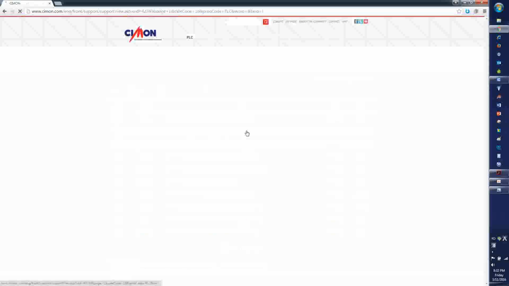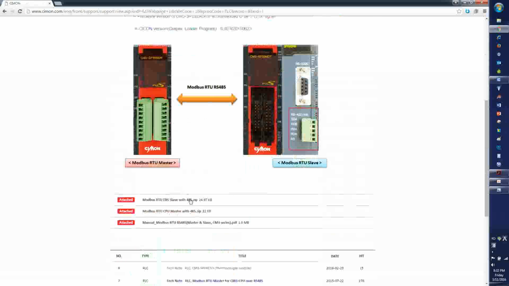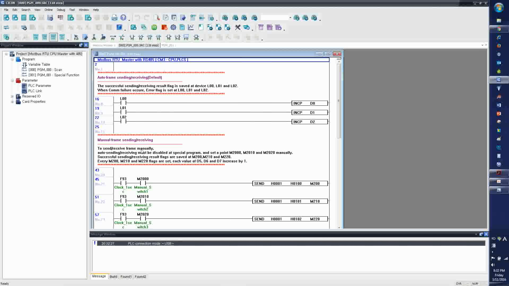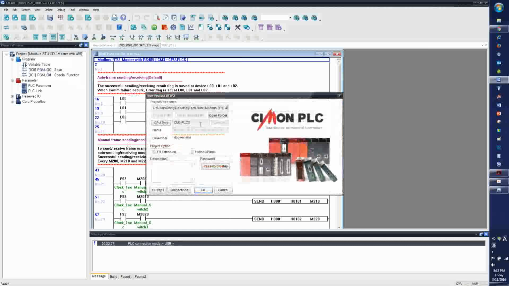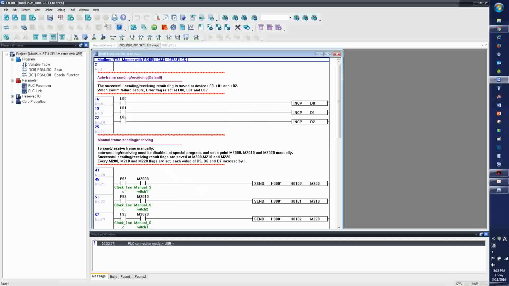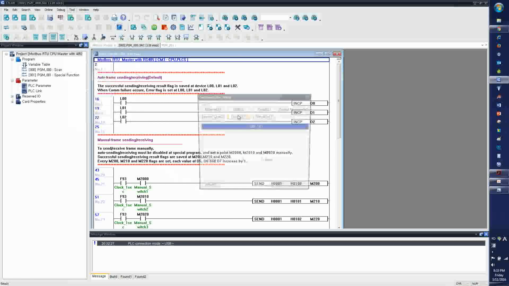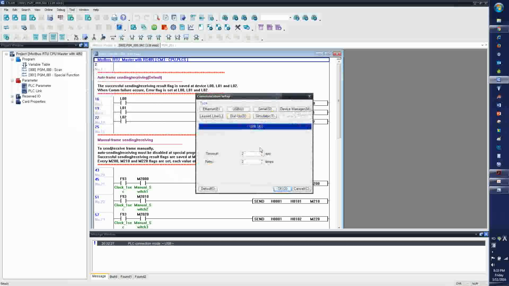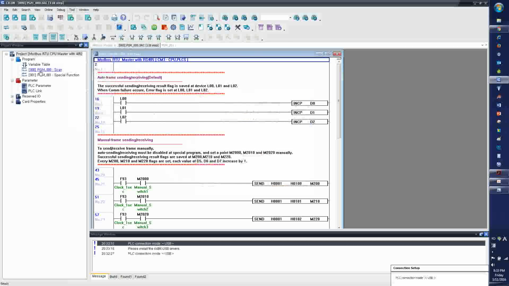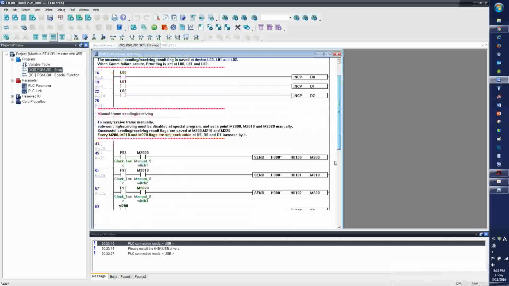PLC, RS485. Here you have the slave and master. So I've created the PLC's project here, and the connection is USB by USB, and I have the scan program here. I have the logic here,